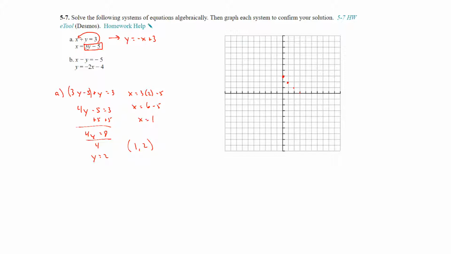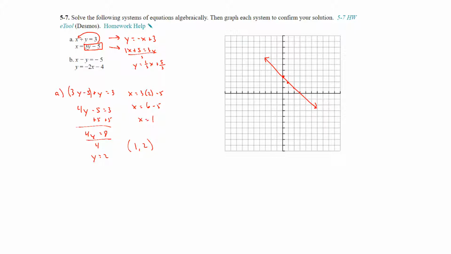So there's your slope of negative 1. And then the other equation is solved for x, but we need to solve it for y. So let's add the 5 to the other side. So x plus 5 equals 3y. Divide everything by 3, and we get y equals 1/3 x, because there's a 1 right there, so 1/3 x